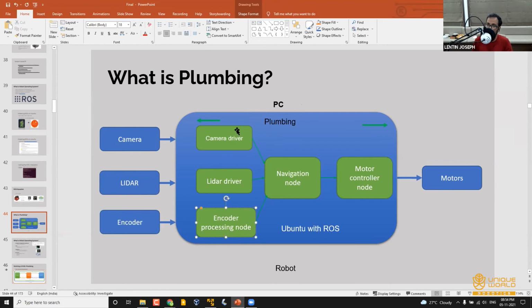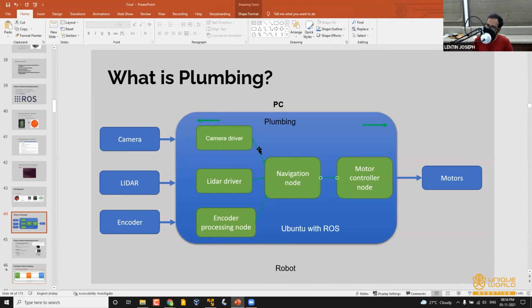So these are all programs written in C++ or Python. The navigation node is another program. The motor controller node is another program. So there are, for example, 5 programs running, and you can see there is a connection between these programs.